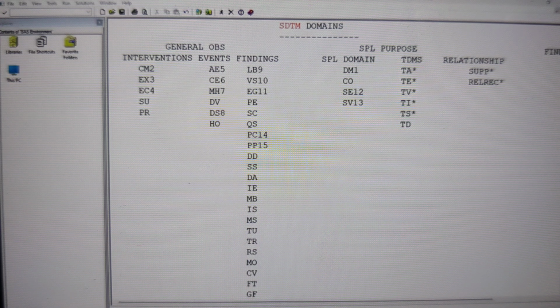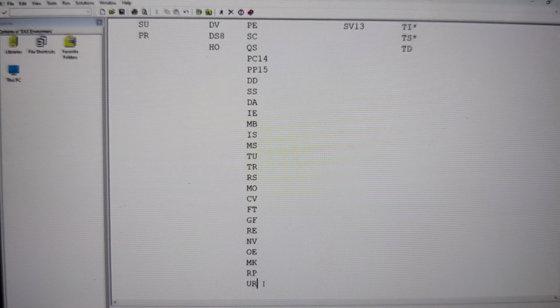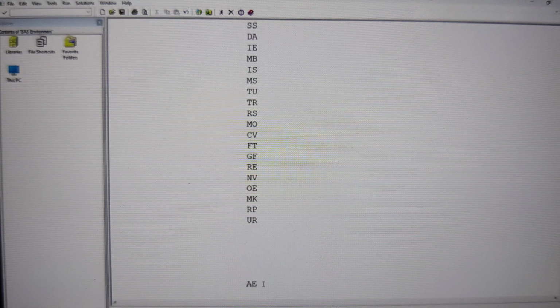Now, when you're submitting your clinical trial data, what information are you going to submit to your client, maybe the regulatory body, maybe the sponsor, whoever it might be? Of course, for example, if you have all the adverse events information, you're going to submit it in a data set called AE. Are you going to submit only the AE data set? No. Along with the AE data set, we are going to submit the metadata of the AE data set.